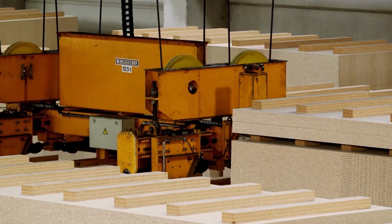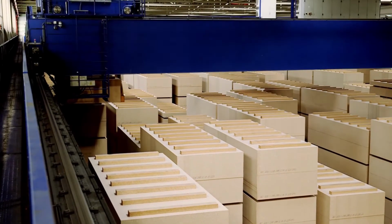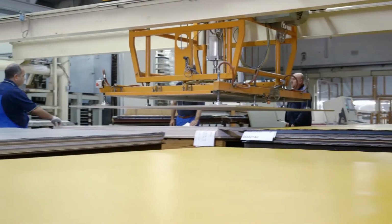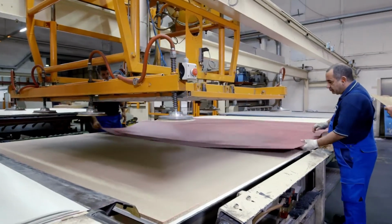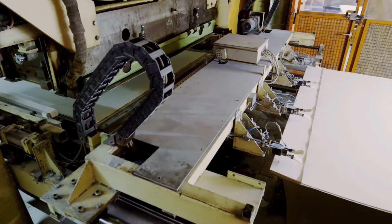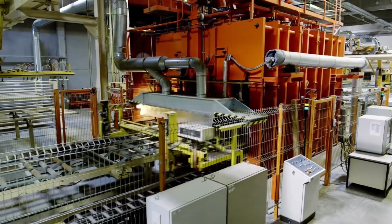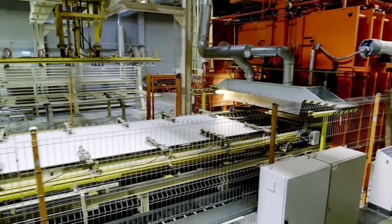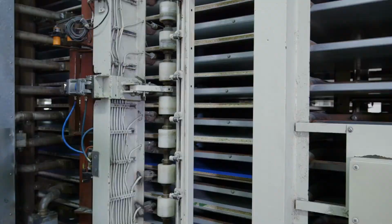Every hour, up to 120 running meters of panels leave our crane-served store towards the short-cycle press. A vacuum conveyor unit carries them onto the conveyor belt and places them between 2 decor films. Under heat and pressure, the resin in the film blends with the particle board. In a short-cycle press, this process, performed at 180 degrees Celsius, takes about 30 seconds, depending on the decor and